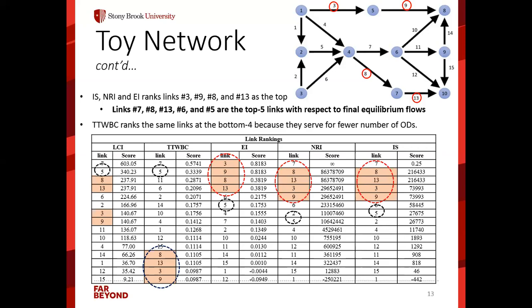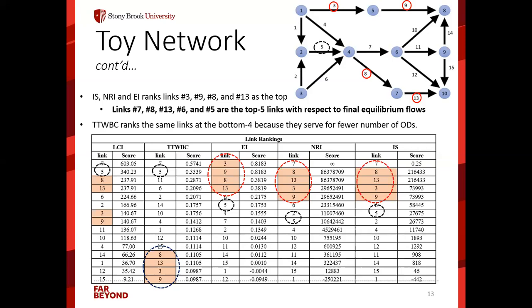And in terms of LCI, as you see, our results put some of them on the top, some at the bottom. I want to show you another example, link 5, which is an important link because it is one of the alternatives between ODs in case the other links fail, and it has a high between the centrality, so it's scored higher. But if you look at the other metrics, it's not necessarily ranked at the top.